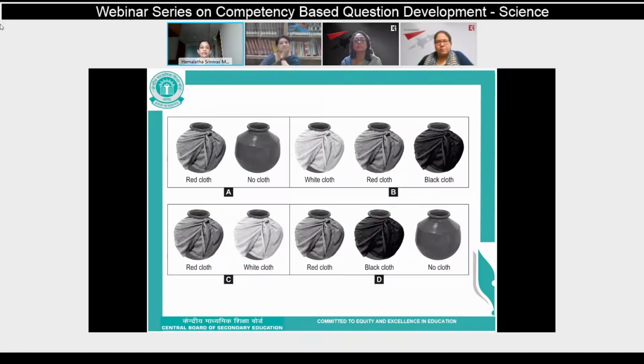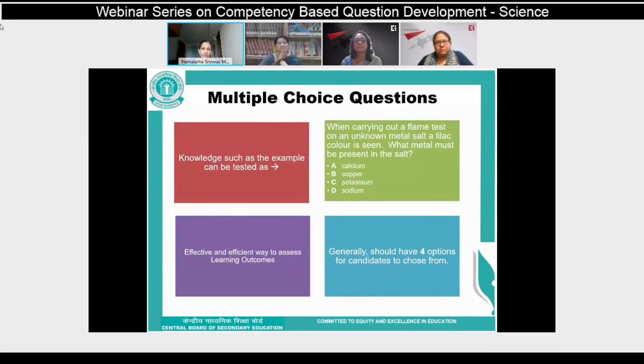Questions such as these, next slide. While difficult to construct, they can be graded as efficiently as test items from lower categories to higher categories by simply changing the difficulty level.